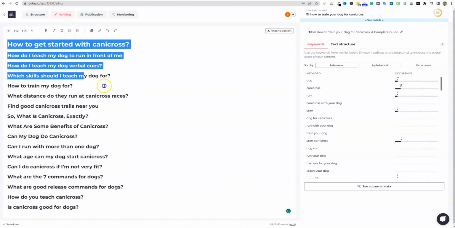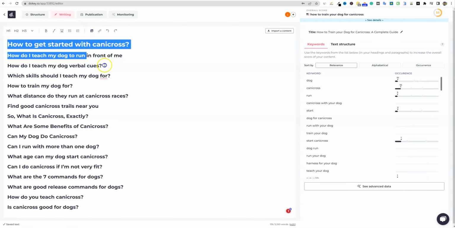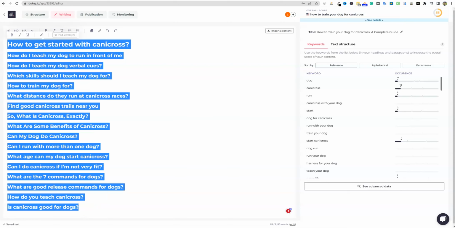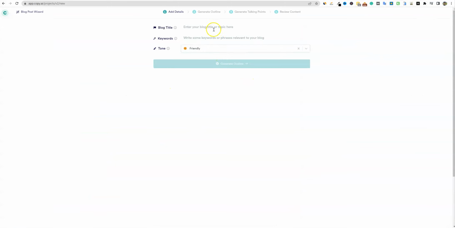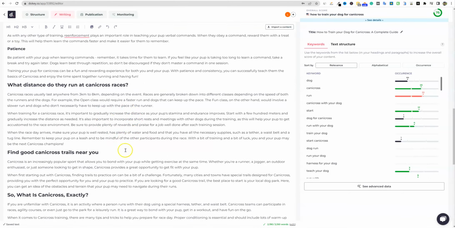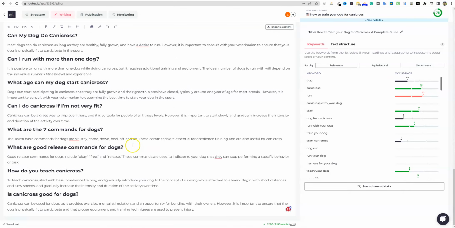It automatically brings your entire outline over here, which is cool, but I need to be able to grab this and go create this article. So I'm going to use Copy AI and use the blog post wizard. This is still the fastest out there to create the article, but I am going to paste them all in, and this is going to take me 5 or 10 minutes to create this. So I'm not going to have you sit through and watch this. I'll be back when the article is created in Copy AI. Okay, so we are back with our content pasted into Dokey right here, you can see.